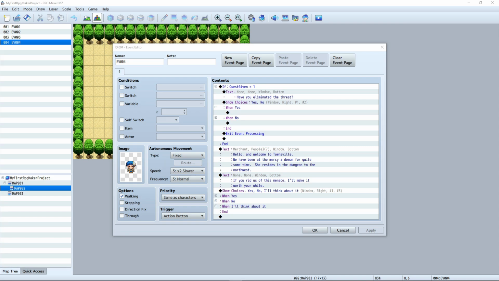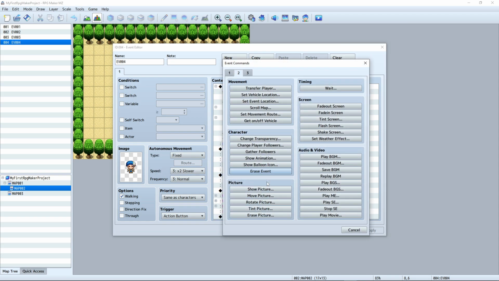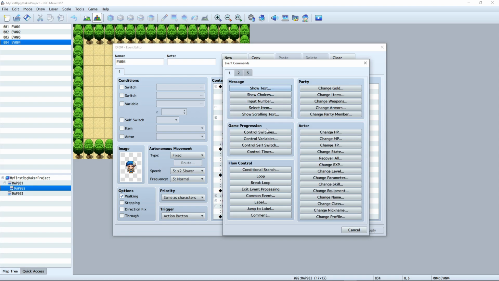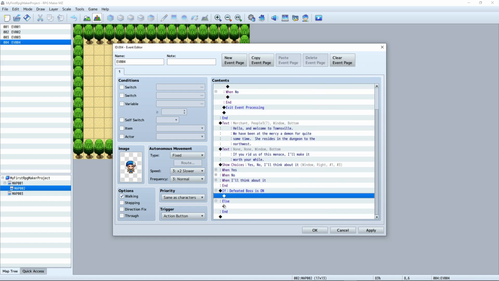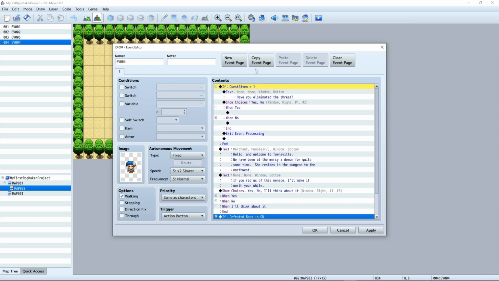Okay, now I want that switch to affect the dialogue of the quest giver. So I'm going to double click here and see if I can look at that switch. So we'll go to conditional branch, and if the defeated boss is on, I will create an if-then else statement. So here's what I'm going to do. I'm going to move this up a little bit into